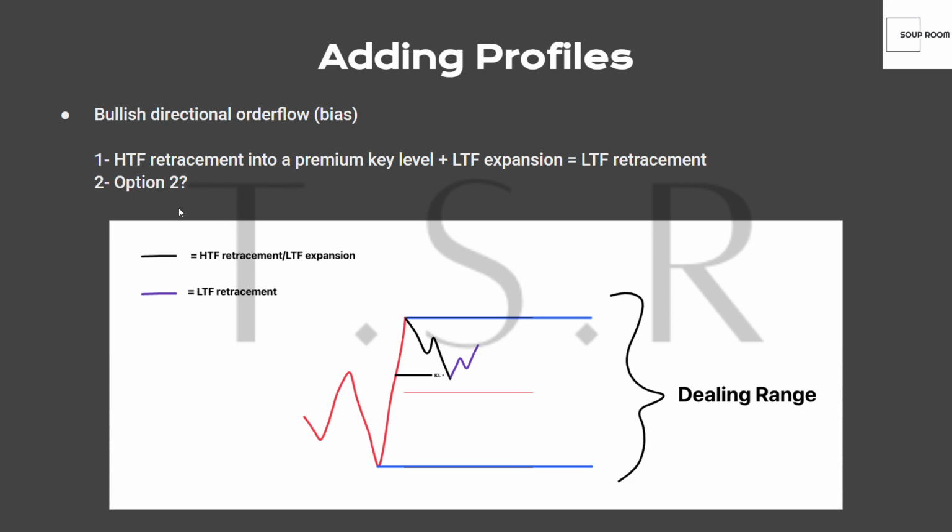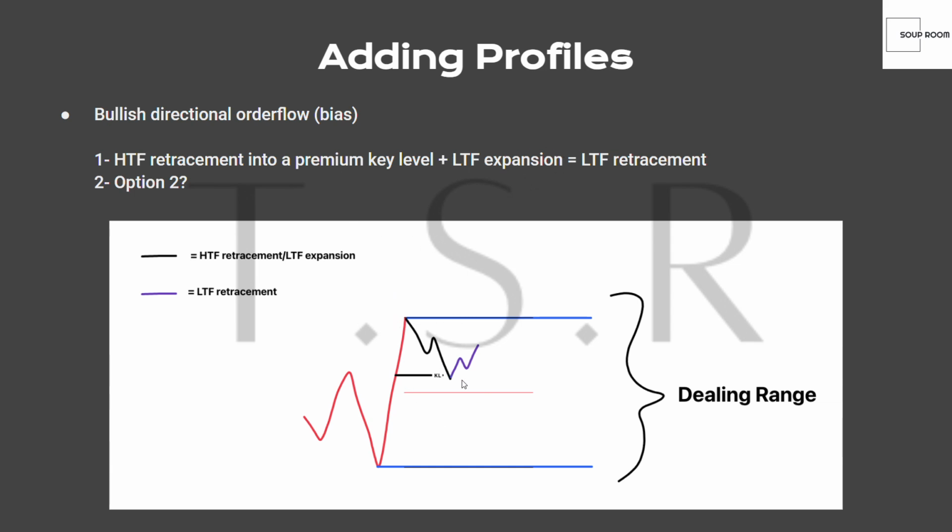The first scenario would be a higher time frame retracement into a premium key level plus a lower time frame expansion. This equals a lower time frame retracement. So the lower time frame retracement is this purple line right here, and the lower time frame expansion or the higher time frame retracement is this black line right here. So price will retrace on the higher time frame. A retracement on the higher time frame is an expansion on the lower time frame